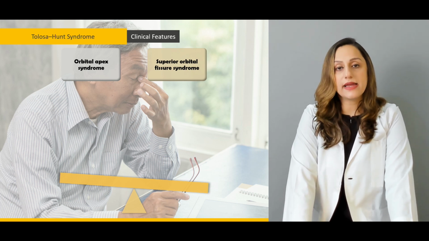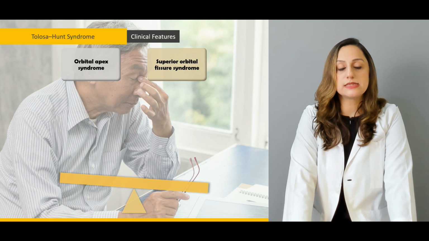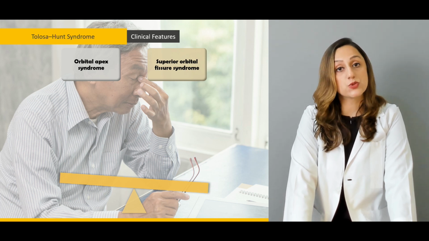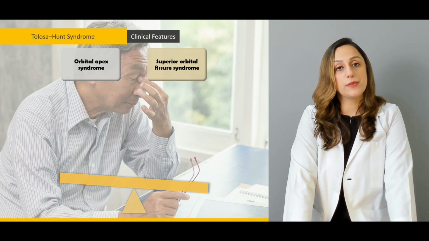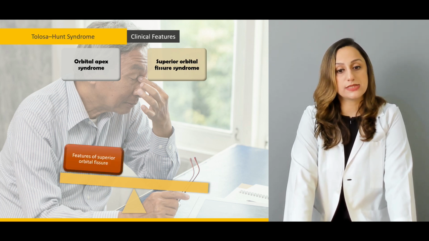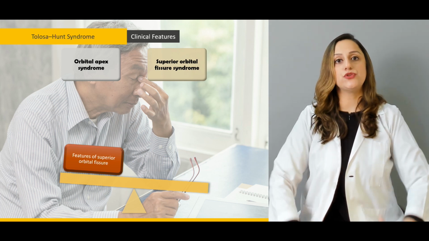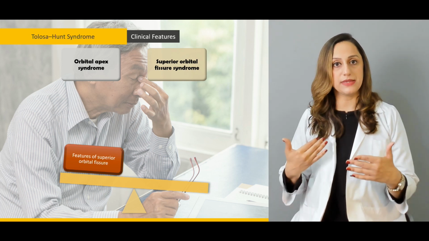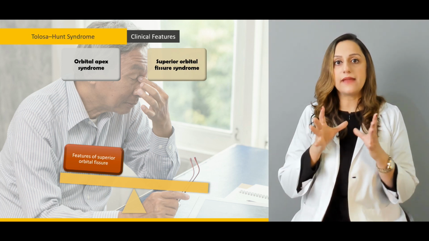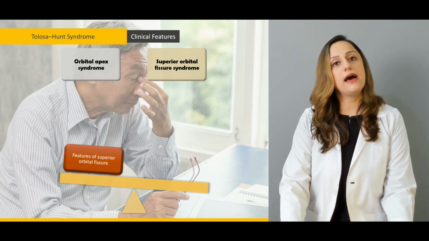The reason behind is basically the genetic predisposition of the patients towards the development of this syndrome, and that is why the reappearance of these syndromic conditions can occur in these patients. When we say orbital apex syndrome, as you can recall, we have the base anteriorly placed, we have the apex posteriorly placed, and there are quite important structures lying at the apex